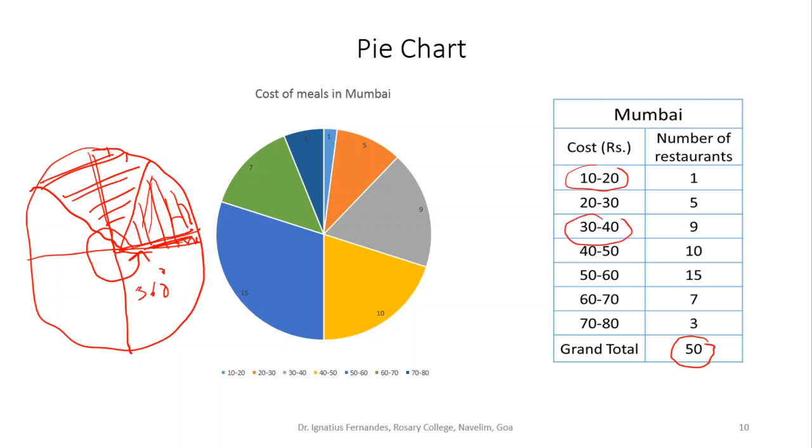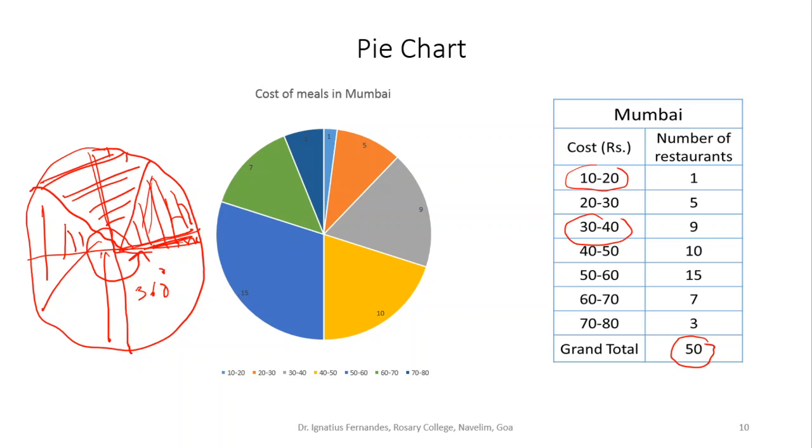So like this, depending on the frequencies, you are dividing this entire area into that many parts, and that is how you get this. Each of these can be given a different color. Now this 30 to 40 is 9 parts, so accordingly here we have 9 parts. You are dividing this total circle into 50 equal parts, and depending on the size of each class, that many parts you are assigning to that particular class. So I have 9, I have 3 here, then I have 1 part here, 1 part here, then 7 parts.